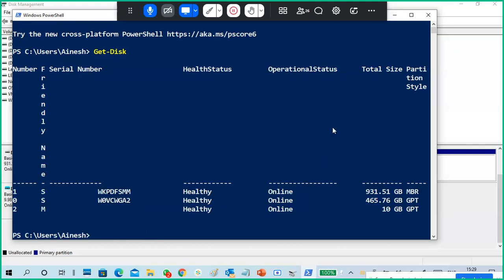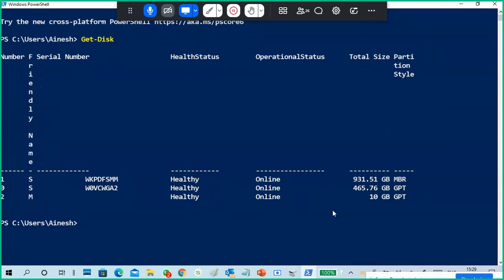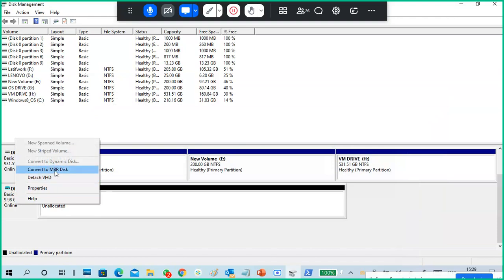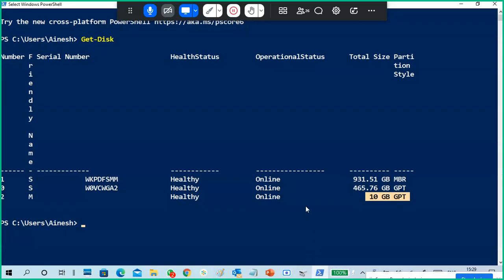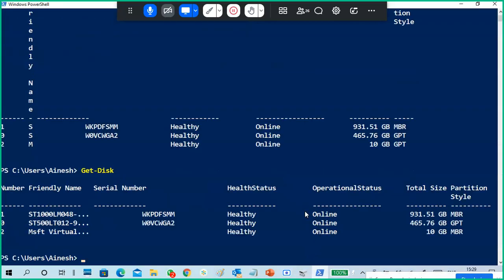If you look at this, the 10 GB disk is a GPT type of disk. I'm converting this into MBR. Now it is showing convert into GPT, which means it is an MBR disk. Again, same, it is MBR.